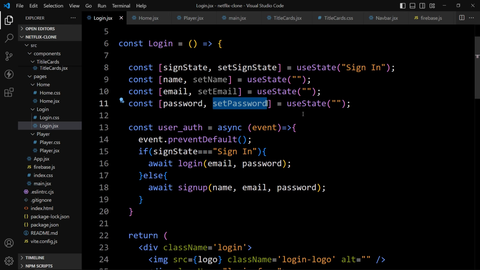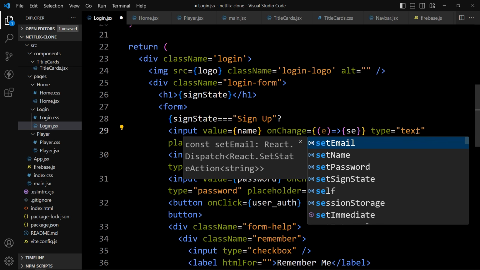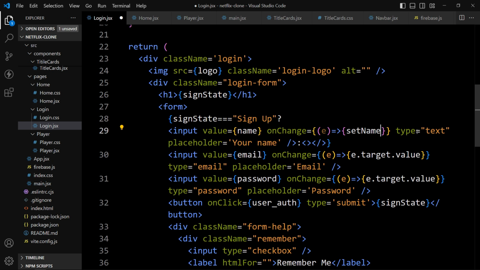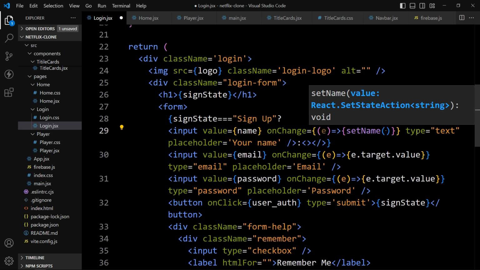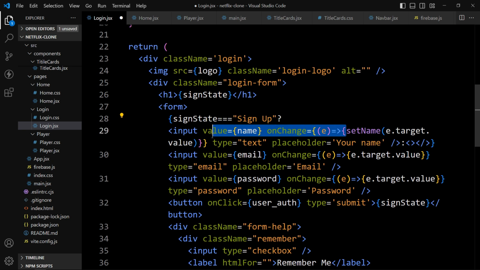We have not used this one, so it will not update the value. So let's correct it. Here we have added e.target.value. So actually it will be setName, and in this one we will provide e.target.value. setName e.target.value like this.